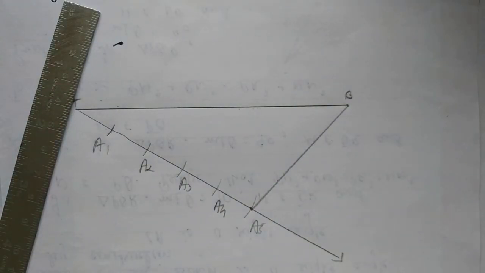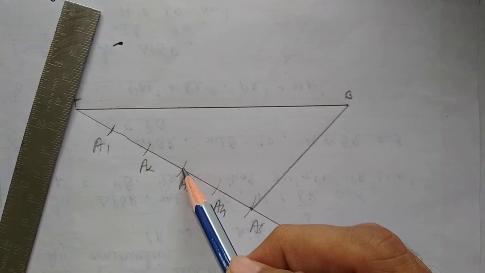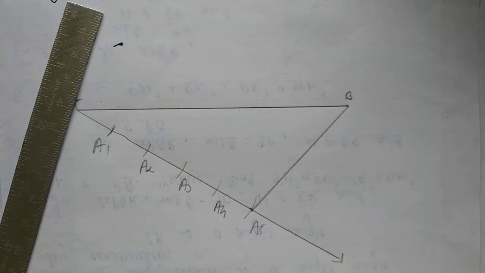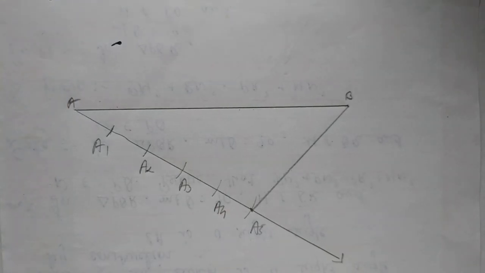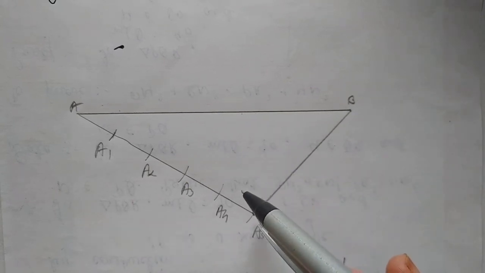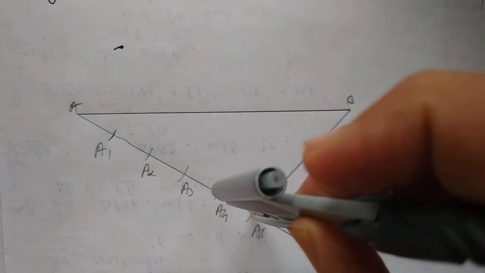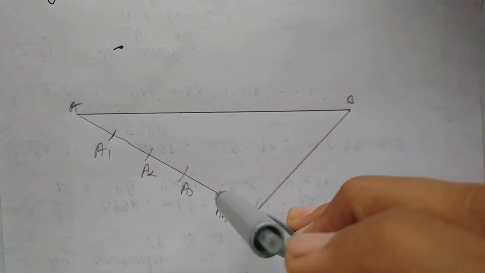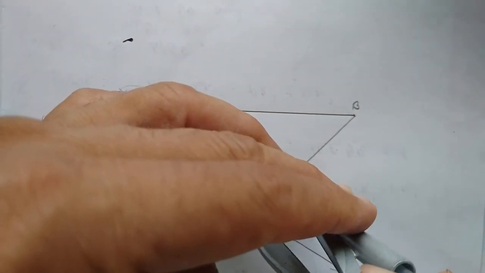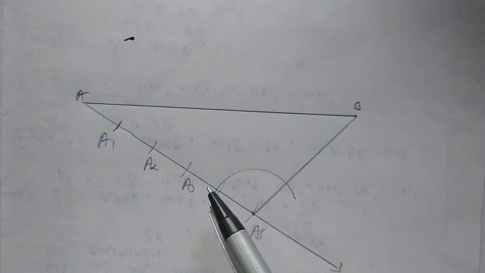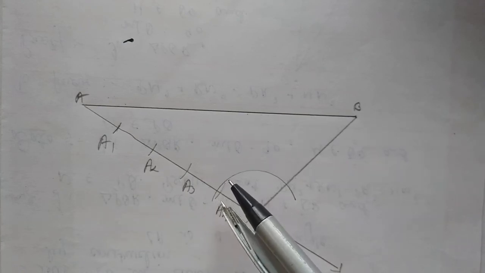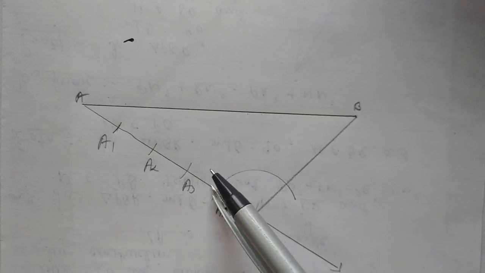Now here we want to draw a line parallel to A5B. Now children, for that how to do construction, pay attention and learn children. Take any radius, approximate length, put here A5. Now children, from here we have to do one arc. Any measurement. Children, this arc and A4 no relation. It may be here, it may be here, it may be here. This line may be anywhere.